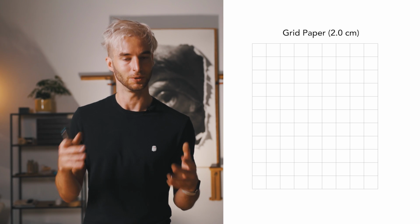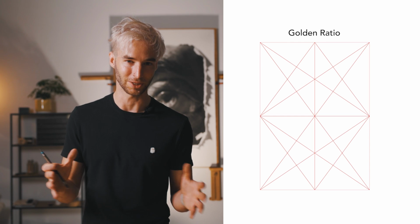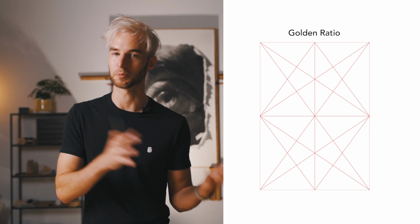I later on upgraded to a 2 centimeter grid, which gave me a bit more freedom and sped up my process in a huge way, and ultimately landed on the golden ratio composition grid, which is way looser and still helps me get my proportions accurate while not staggering me too much and slowing down the drawing process. An easy way to show you how I've used this grid is to overlay it with some of my artwork